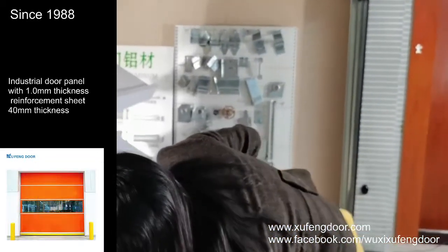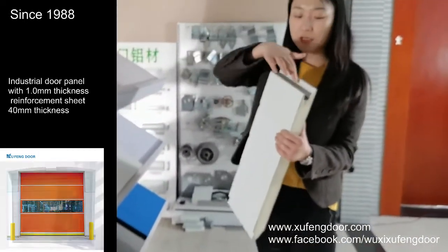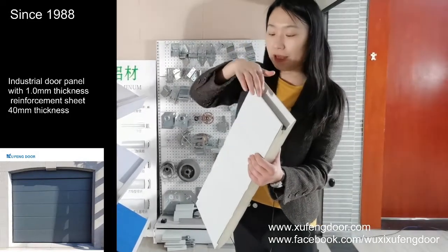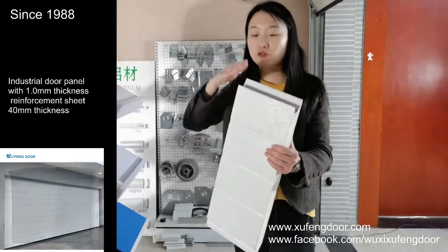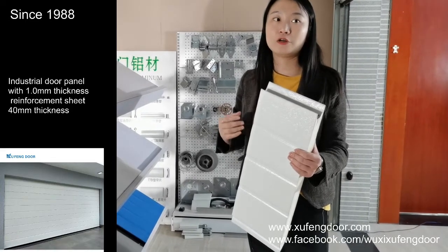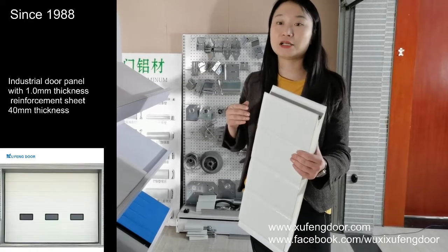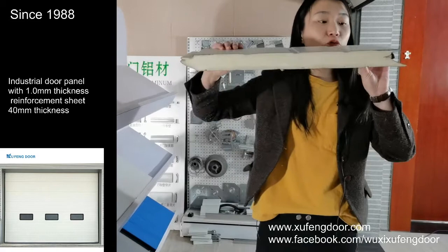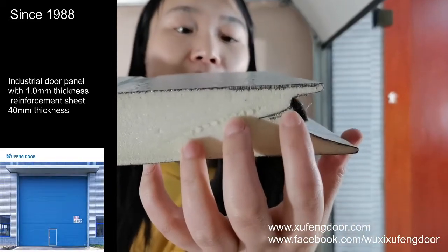So this is mainly used for our industrial doors, and you can see we also add a bar over here for the clash of two different panels to make sure it's more durable, and the seal between two different panels is tighter compared with the other type. And another thing, if we look at the edge of the panel over here, you can see the 1 millimeter